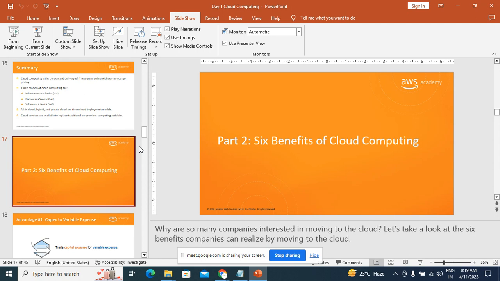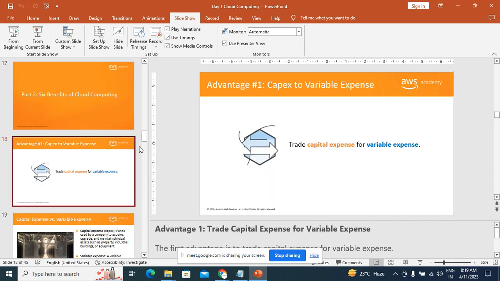So these six benefits which I am telling are fixed and standard benefits of cloud computing. Apart from these six, you can even add more according to your wish. So any other benefits if you find, you can add, but remember that first you need to add these six benefits. After these six benefits, you can add any other benefits from your own. Okay, so